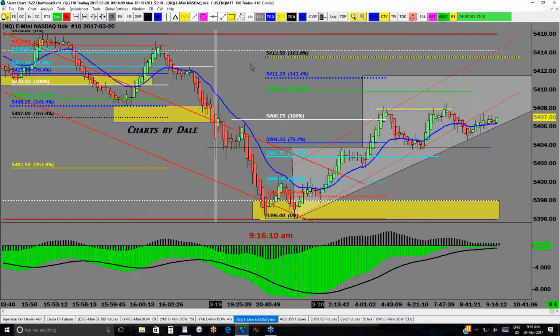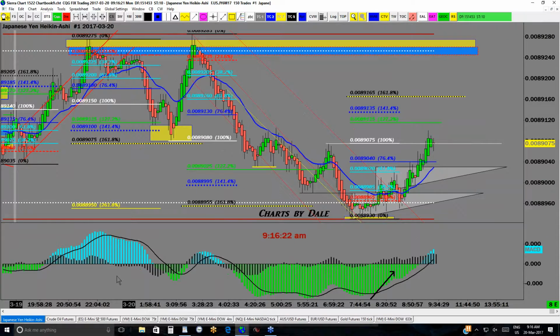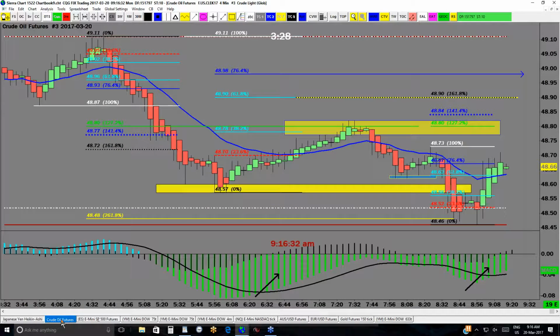NQ, we're looking at a target of 5413.50 to the upside. Left, we have the yen. So we're looking at a target also to the upside on the yen, 0.0089165 area. And last but not least, crude oil. Crude oil, we're looking for